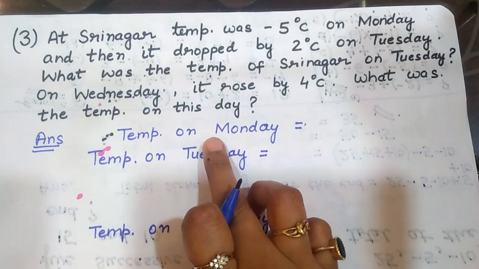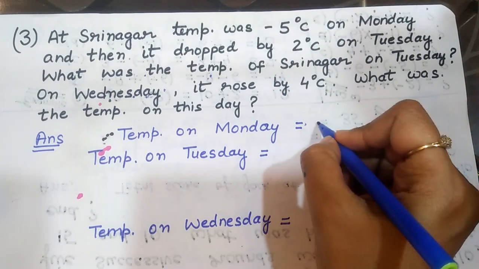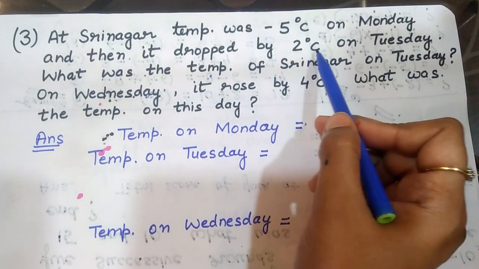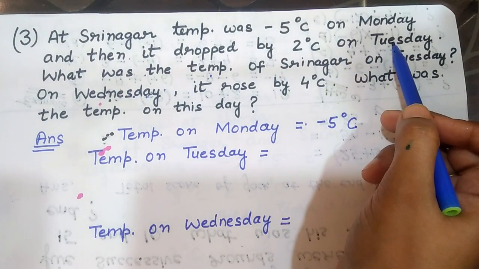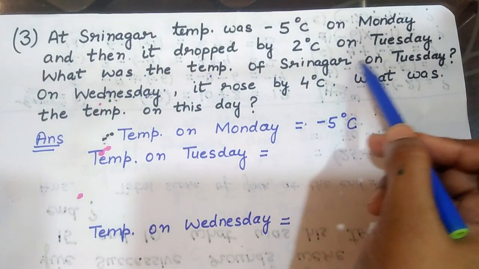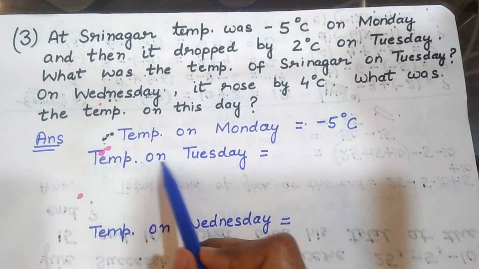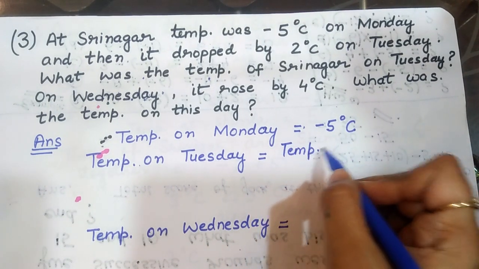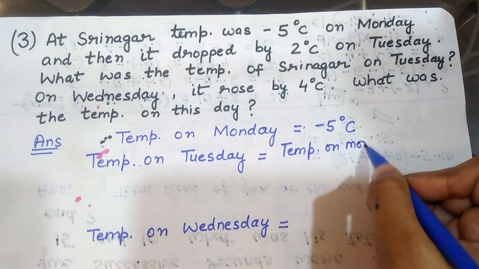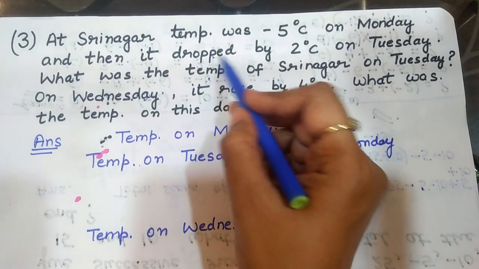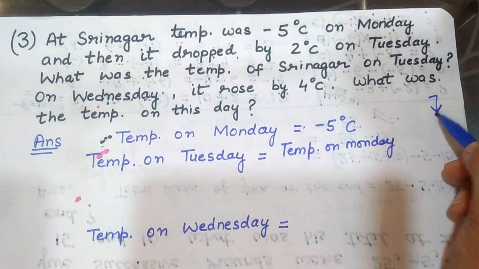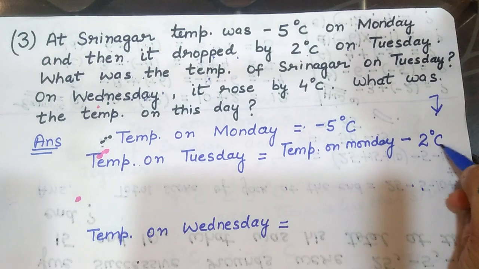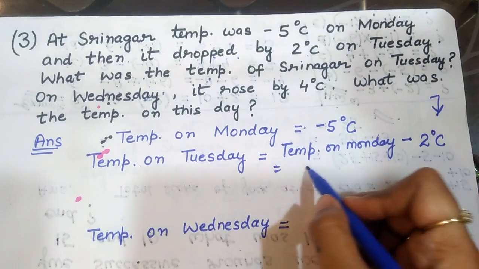What was the temperature of Srinagar on Tuesday? So the temperature on Tuesday is the temperature on Monday, and dropped means it falls. Falls means minus. It is dropped by minus 2 degrees Celsius. So the temperature on Monday is minus 5,